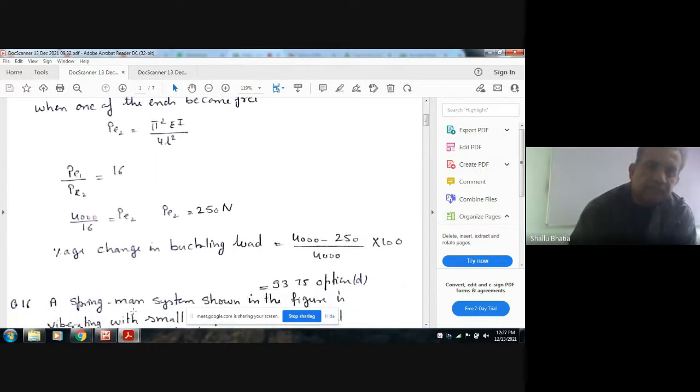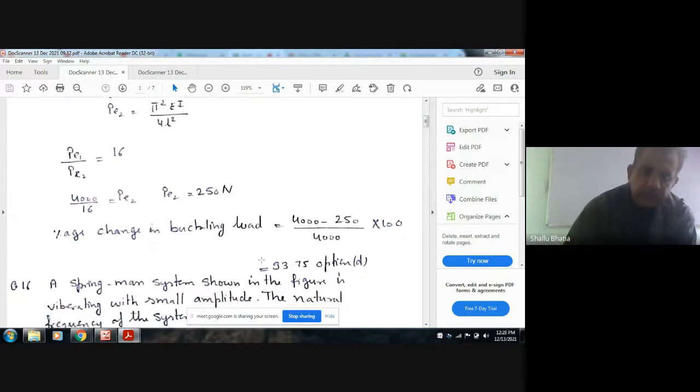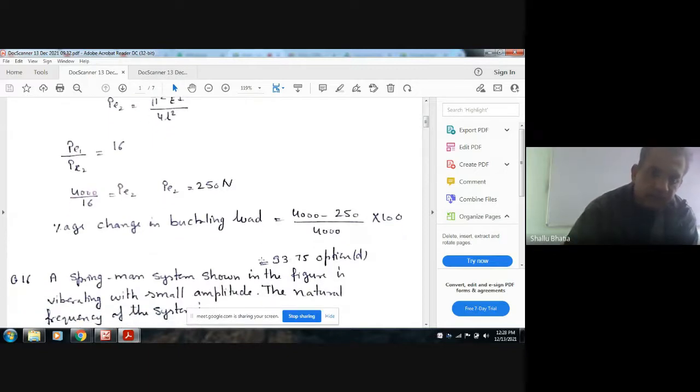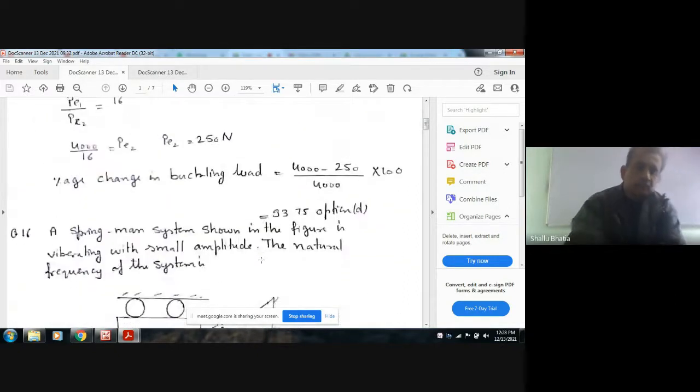The buckling load is changing from 4,000 to 250, so 4,000 minus 250 into 100 by 4,000, so the answer is 93.75%. So option D. Okay, next,